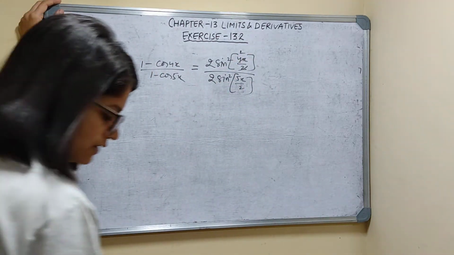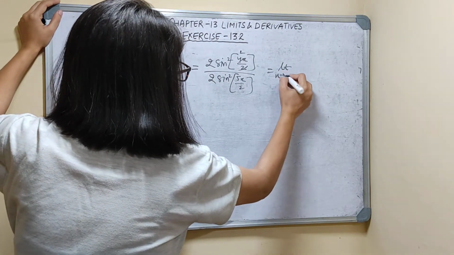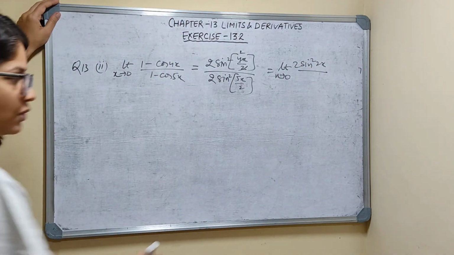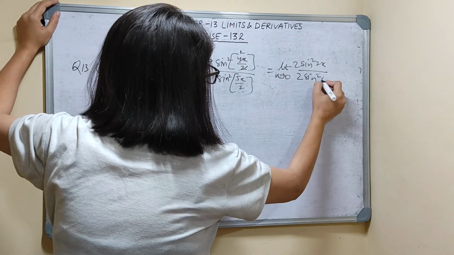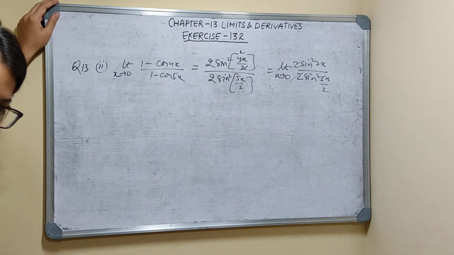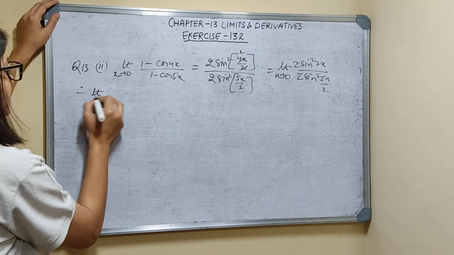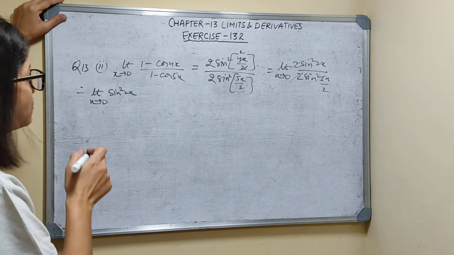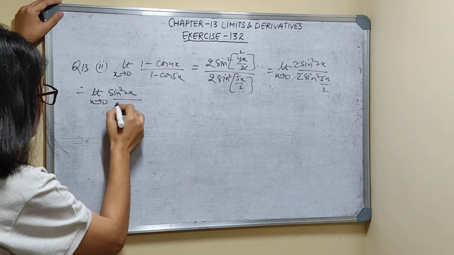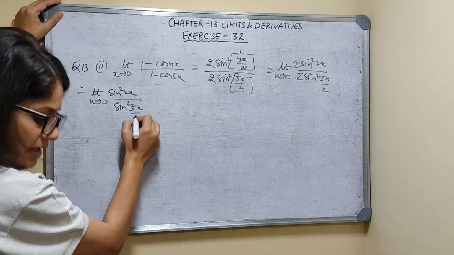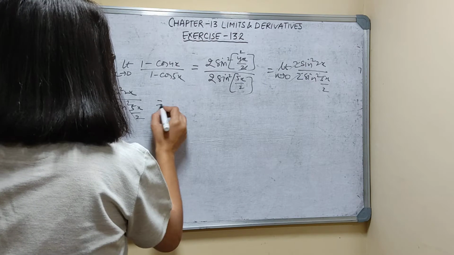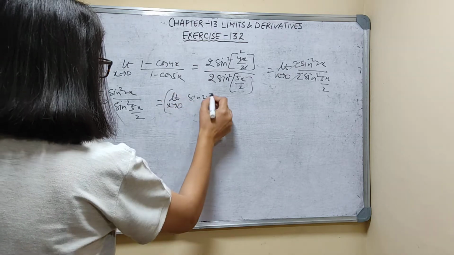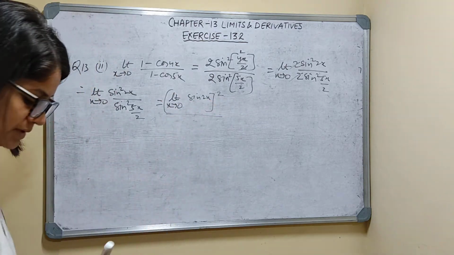2 sin square 2x. So here it is limit x tends to 0, 2 sin square 2x upon 2 sin square 5x by 2. 2 cancel. Is it clear? So I am writing here limit x tends to 0, sin square 2x upon sin square 5x by 2. Is it clear? Limit x tends to 0, I can write (sin 2x) whole square upon